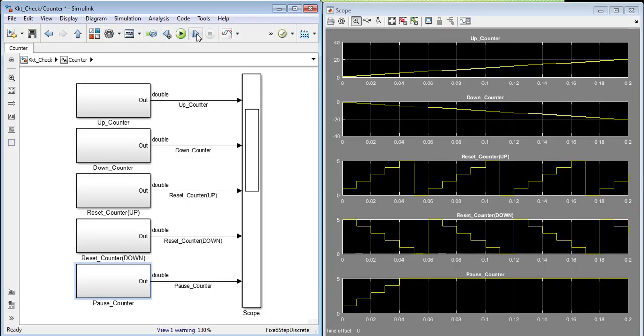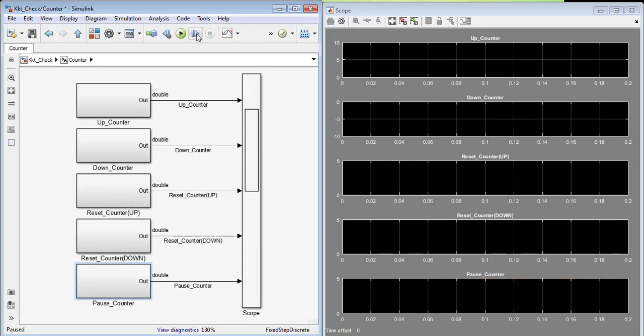We'll see step by step. So first timestamp, up counter is increasing, down counter is decreasing, and reset counter is increasing in starting increasing manner, and for down counter it is decreasing from threshold value. For pass counter it is increasing. It reaches its threshold value 5. It reaches its 0 and 5.